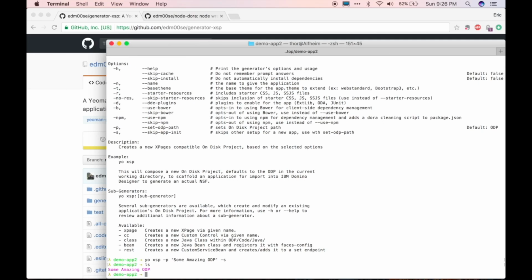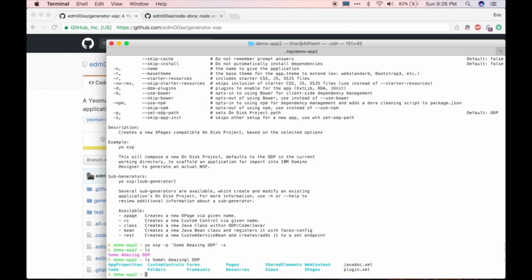I removed the previous demo and I'm into the demo 2, and I have some amazing on-disk project, which is my ODP in this case. So obviously it doesn't know anything about this on-disk project. So yo xsp -p some amazing ODP -s. This will perform the setup,